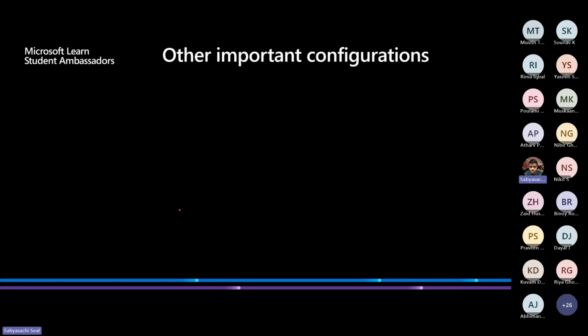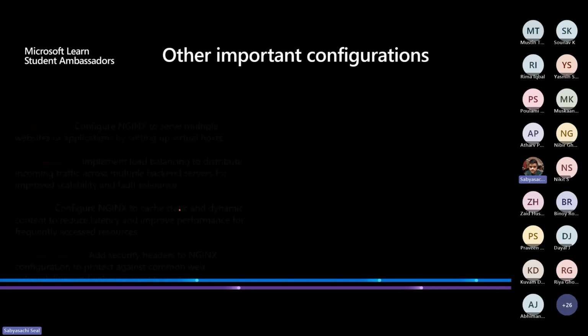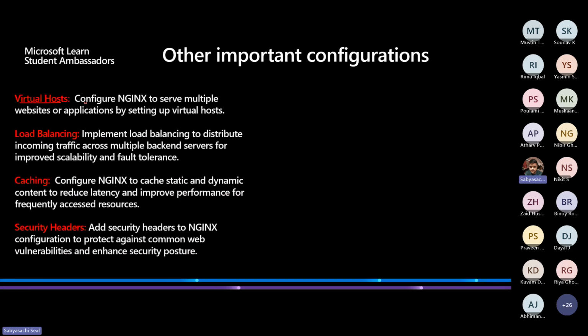That is not the only configuration you can do in NGINX. There are so many more, so I want to show you the other configurations. You can have virtual hosts: configure Nginx to serve multiple websites or applications by setting up virtual hosts. Nginx can help you reroute a path to multiple websites in your own virtual machine. Suppose 3000 has one website and 5000 has another. Nginx can help you reroute the traffic between the two, right? There is load balancing inside it, but I would say